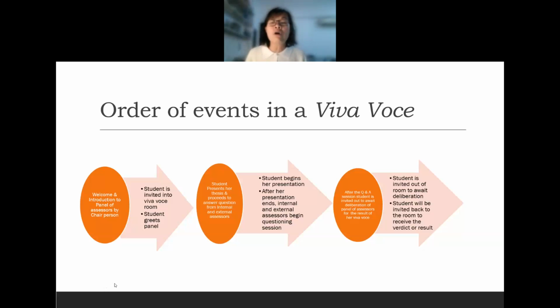And you are to collect back the report by each of the examiners. They will write down what is wrong with your thesis from chapter 1 to chapter 7 or more. And you are to do the corrections and hand it back in the time that you've been given, either 3 months, 6 months, or 1 year, before you are given the letter that says that you have passed. Okay?